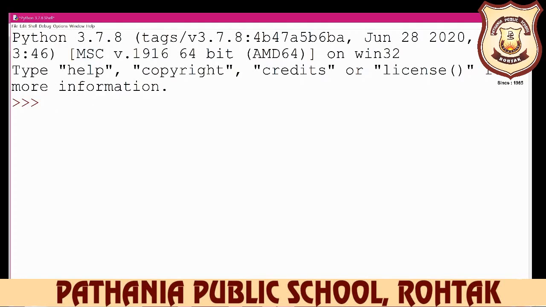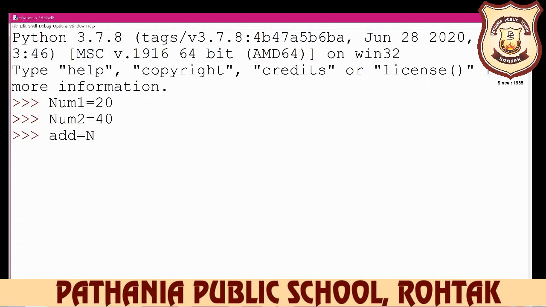Instead of A, you can write num1, or number 1. So the choice is yours, what you want to write here. Here I am writing num1 is equal to 20, for example, and my number 2 is 40, so I have written 40 here. After that you write down add, or sum. For example, we want addition, so we write add is equal to.